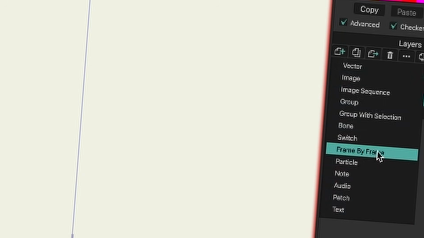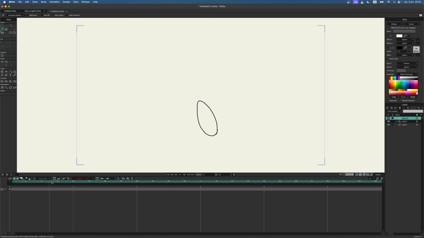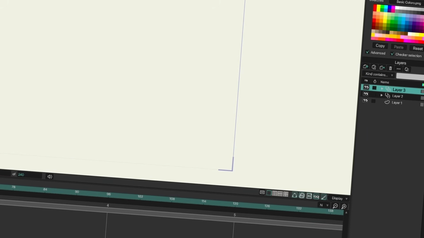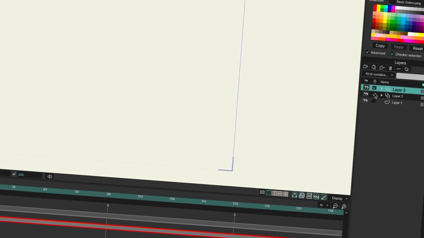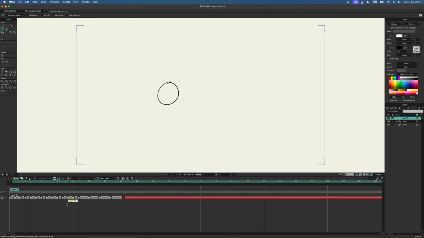So here, I'm going to create a new frame by frame layer, and it's going to be the one I use to make a tail on my ball. But it's hard because I don't see the timing. So, like I said, just go in your timeline, and if you press on this little square with the check mark, it indicates who is visible in your timeline. I think by memory, there's a maximum of 10 by default that you can put, just because otherwise the timeline is going to get overwhelming. But yeah, it's pretty cool. So I have the timing of my original ball, and if I want to have the tail, I just have to create the drawings, create the tail, and just keep animating.